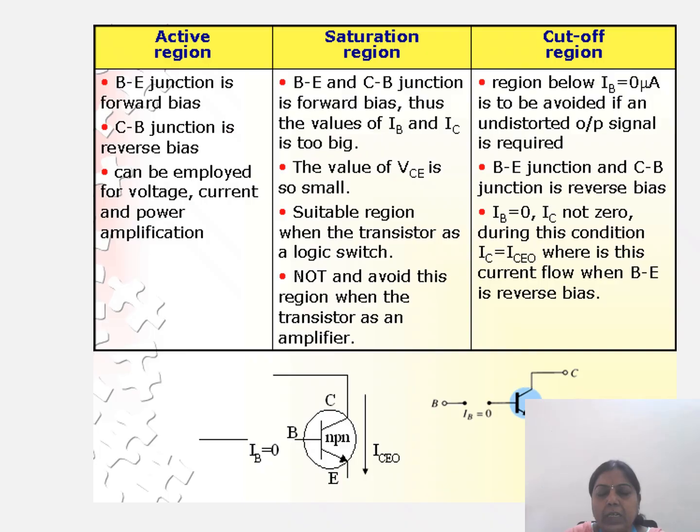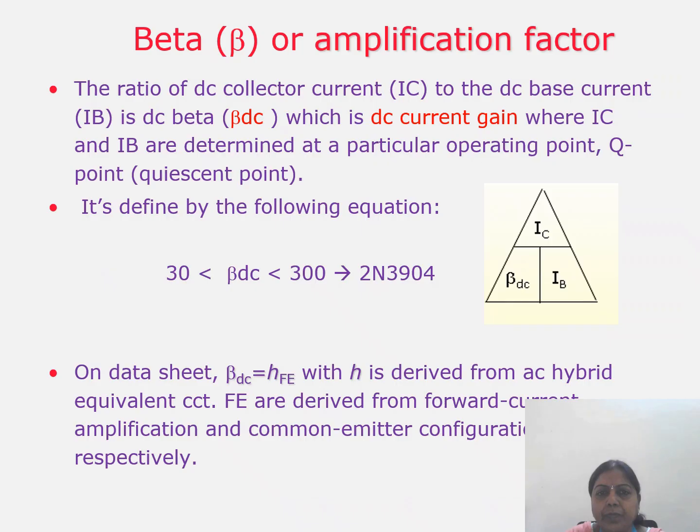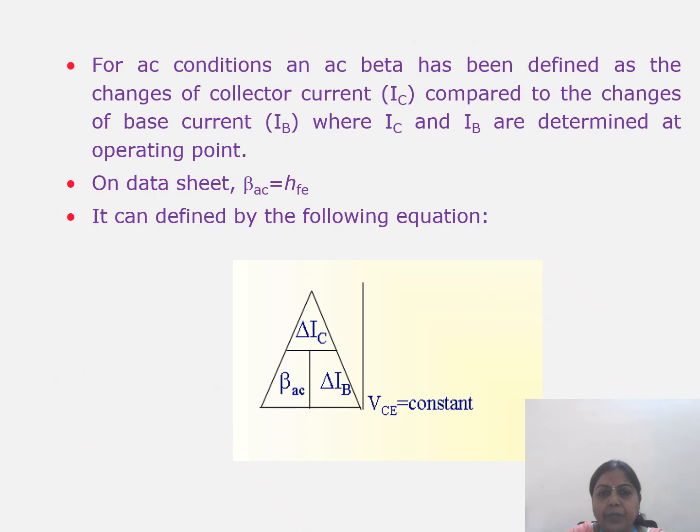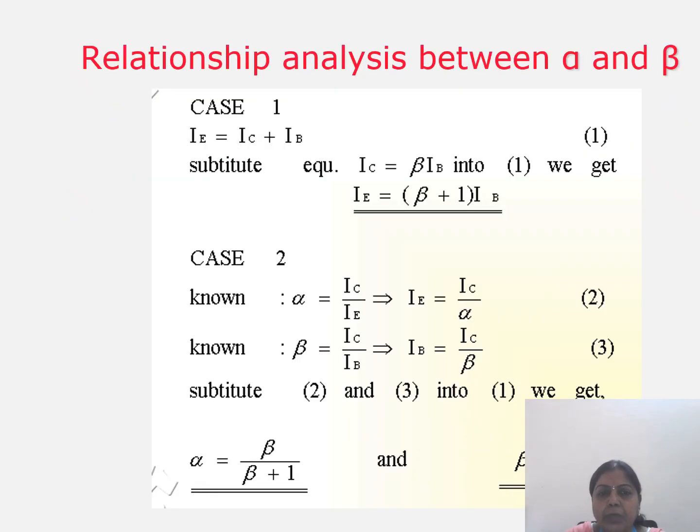Again, the output characteristics consist of three regions. So here the current gain can be represented as beta, which is nothing but the ratio of the collector current to the base current. This value is generally greater than 1, up to 500. So this is a triangular representation of the current gain for the common emitter configuration. This is the relation between the current gain for the common base, alpha, and the current gain beta. They can be represented in terms of alpha and beta, and in terms of beta and alpha.